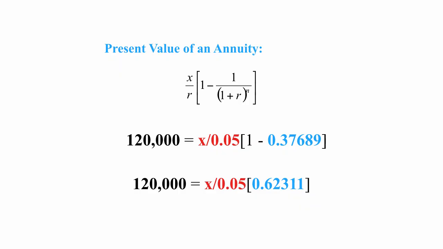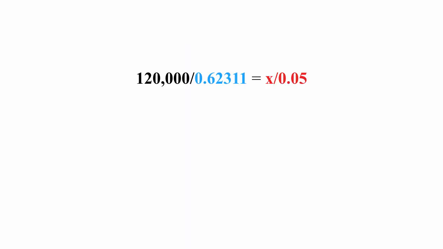Let's move that figure in blue over to the other side of the equal sign. So that square bracket 0.62311 is a multiple of what's in red. We bring it over to the other side and it becomes a divisor. So 120,000 divided by the 0.62311 is going to equal the remainder of that formula. And working through that,